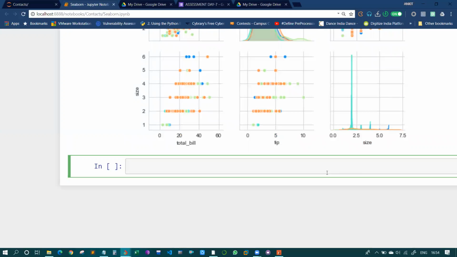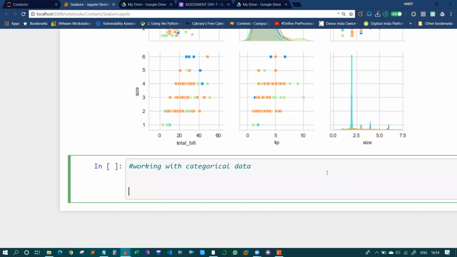Next, for working with categorical data, we have a few types of plot. First one is a bar plot, let's say.